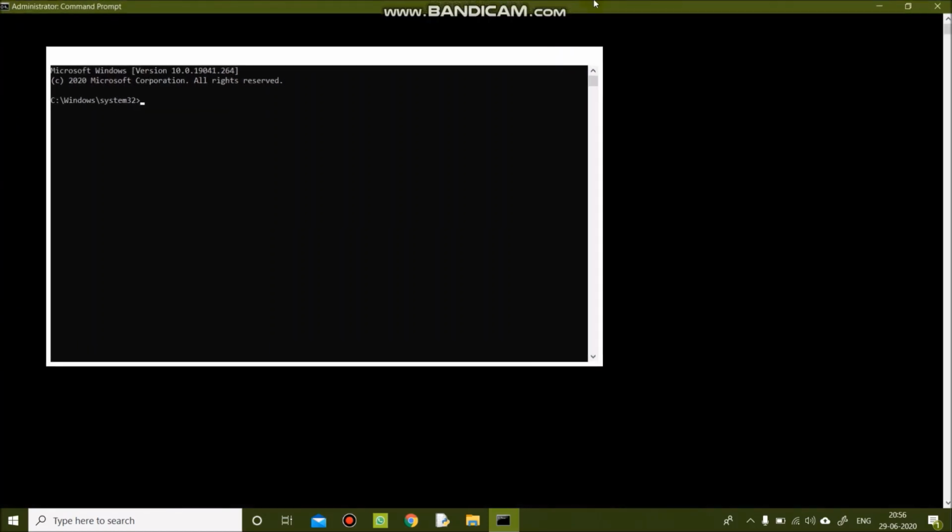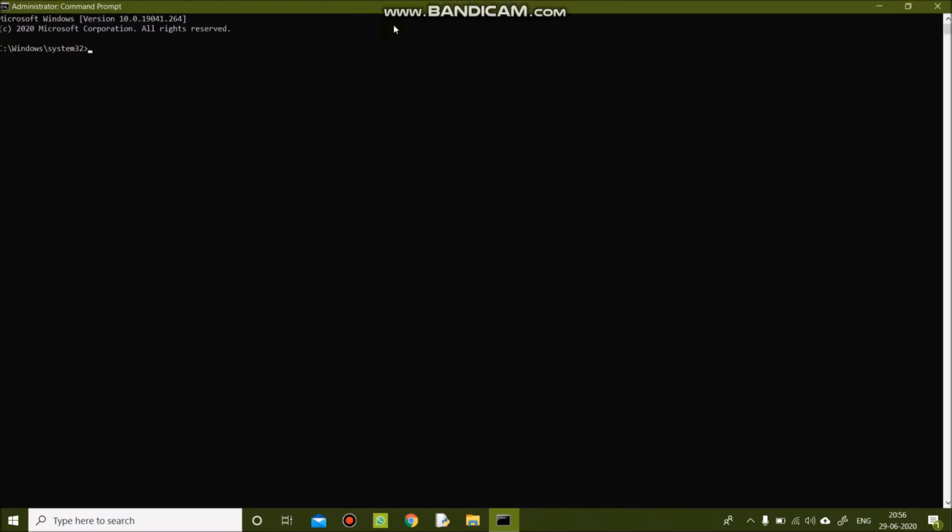Now the Python path that you just added to your system path environment variables should be on your clipboard.